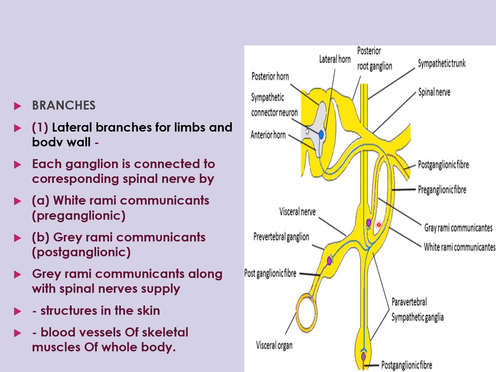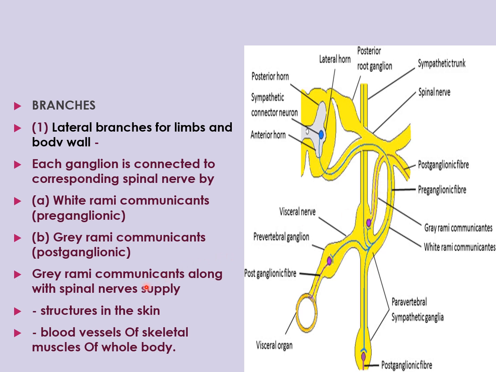Now what are the branches from the thoracic part of the sympathetic chain? The lateral branches are for limbs and body wall. Each ganglion is connected to the corresponding spinal nerve, right? So we can see here, this is one ganglion, this is the other ganglion. Each ganglion is connected to the corresponding spinal nerve by means of two branches, white rami communicantes and gray rami communicantes. Ramus means branch, okay? So the white rami communicantes are the preganglionic, as you can see in this diagram. These are white rami communicantes, these are preganglionic sympathetic fibers. The gray rami communicantes are the postganglionic